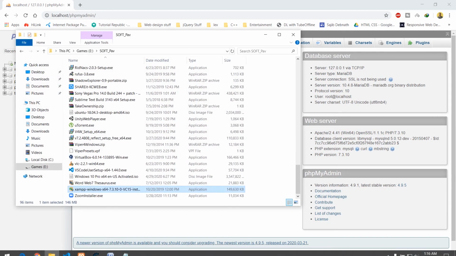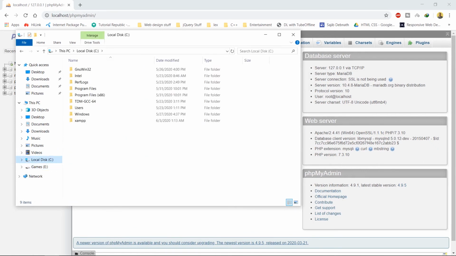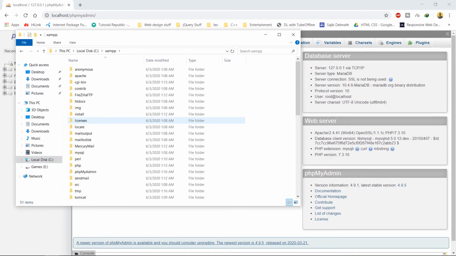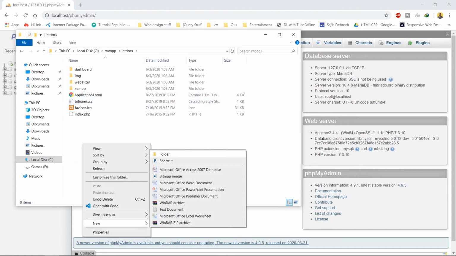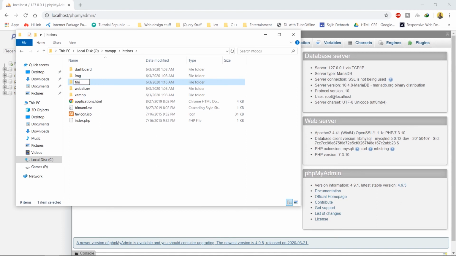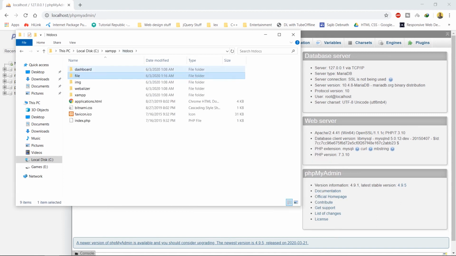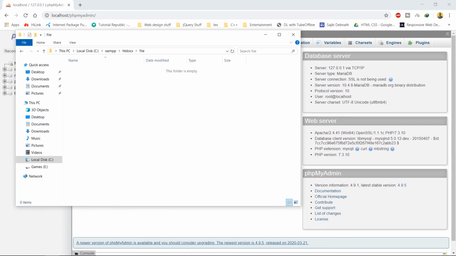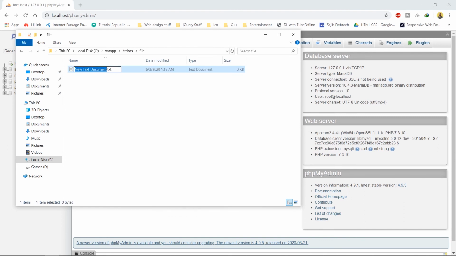Now if you want to create an offline website, simply go to Xampp, go to htdocs, and here you can create any file and just call it. Click the file, go to new, make a new index.html,